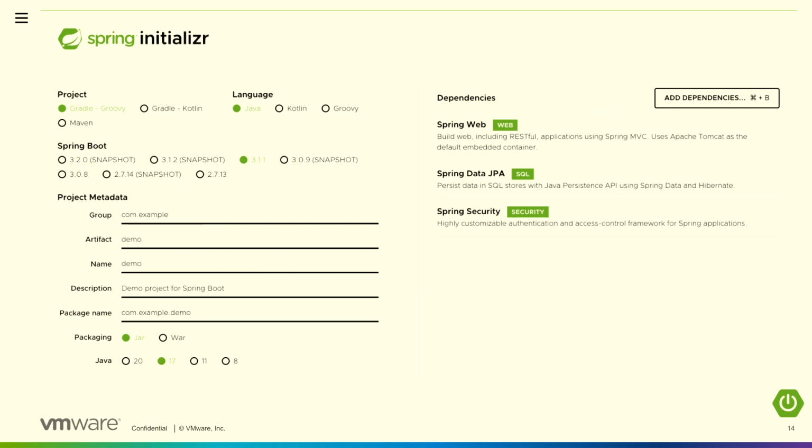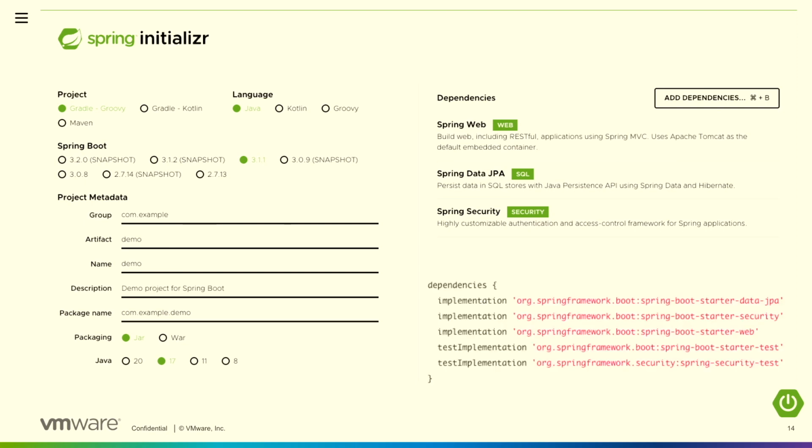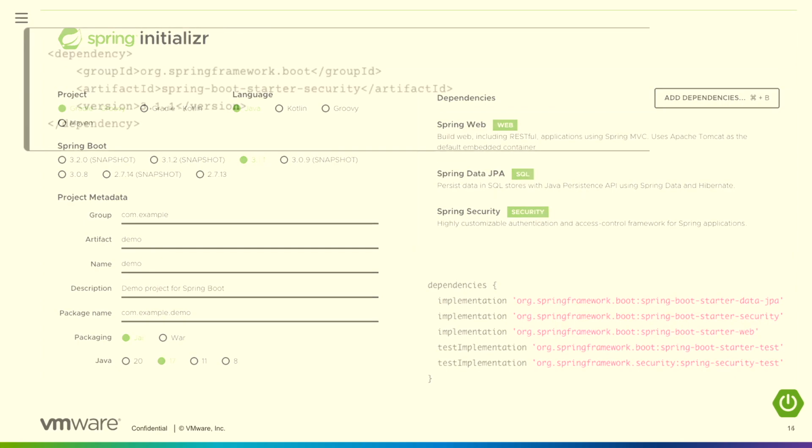On the right, each one of those represents starters. And when we dive in a little closer, we'll see that those starters don't actually have any version numbers associated with them. They are keyed off of the Boot version number, and then they're going to pull in the projects, the components, the version numbers that are needed to accomplish that task. So let's go even one level down and see what's inside of a starter.